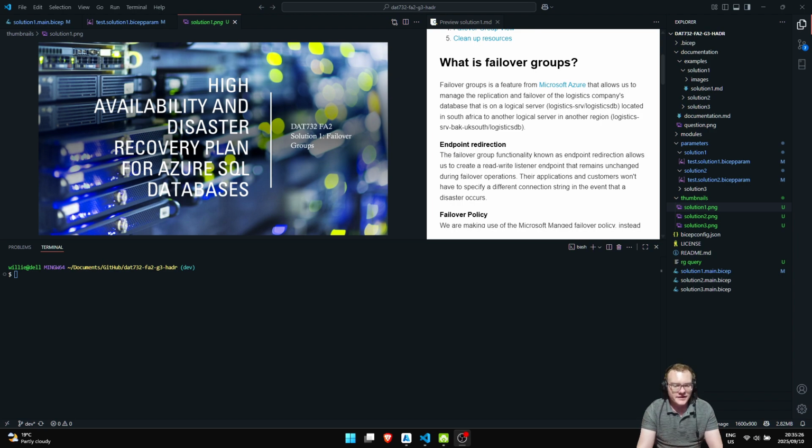Hi, so today I will be demonstrating our first solution using failover groups to provide high availability and disaster recovery for a fictional logistics company. What are failover groups? Failover groups is a feature from Microsoft Azure that allows us to manage the replication and failover of the logistics company's database that is on a logical server located in a primary region to a logical server located in